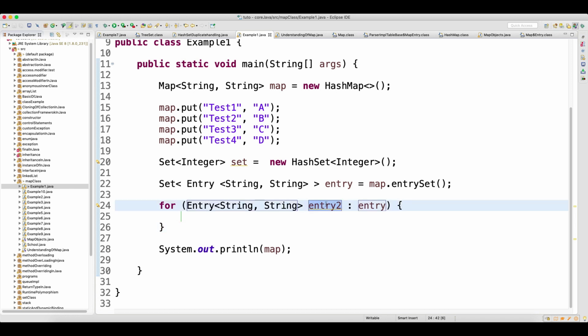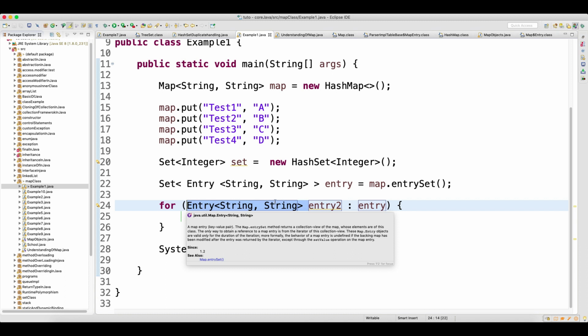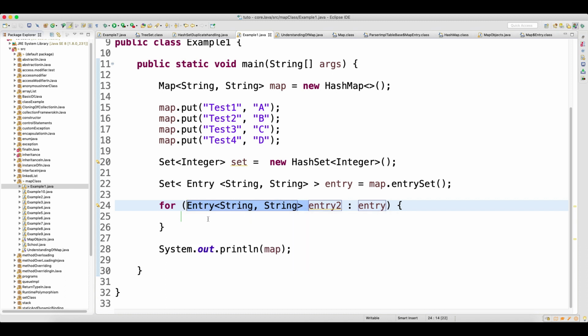So you can look at here, this is the variable. The variable's type is nothing but Entry of a String comma String, which is nothing but Entry of this, because your Map has a lot of entries, right? Map has a lot of entries. You are running a for each loop on that entry set, so your variable will get the entries one by one. So what should be the type of the variable? It should be Entry of this. Here it should not be Set, because you are getting the entry one by one.